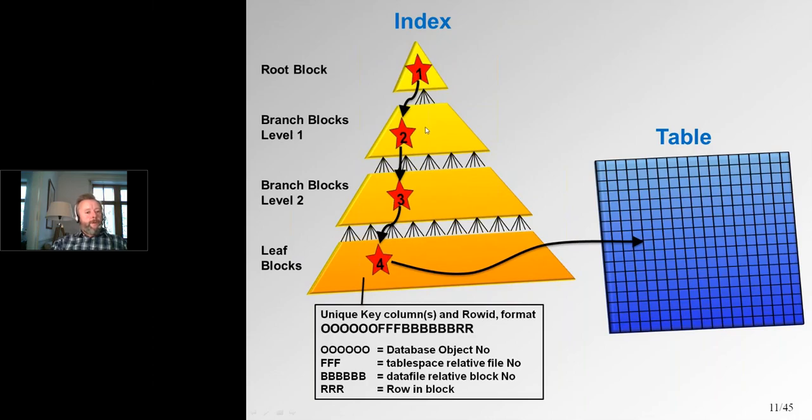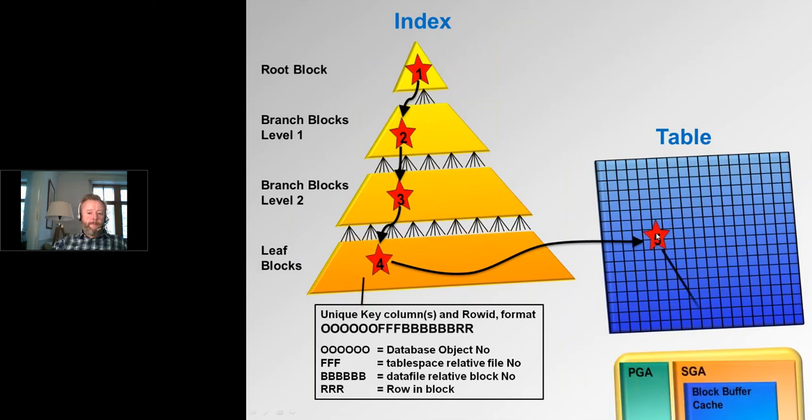So you've got your root block, 0, 1 or more branch blocks, your leaf blocks, where the actual IDs, the actual entries in the index are contained, and those row IDs point direct to the location of the record in the table. Now, if I had to full table scan that table, it would take, depending on the size of the table, several hundred, several thousand, several million IOs to get the information. With this index, it's 1, 2, 3, 4, 5 to get the record,